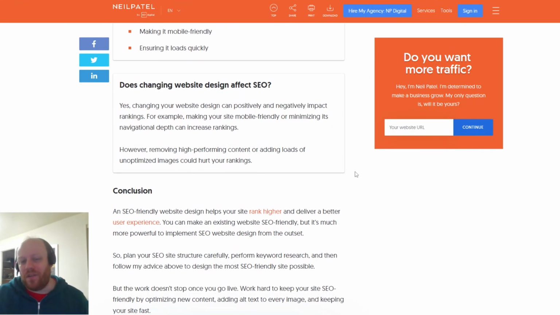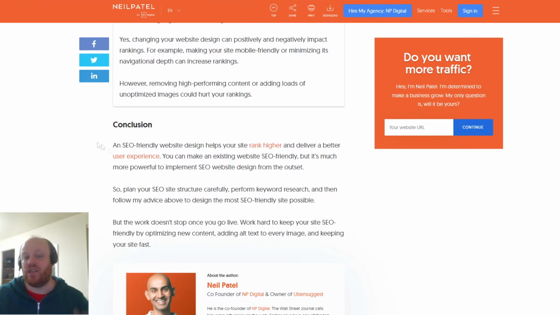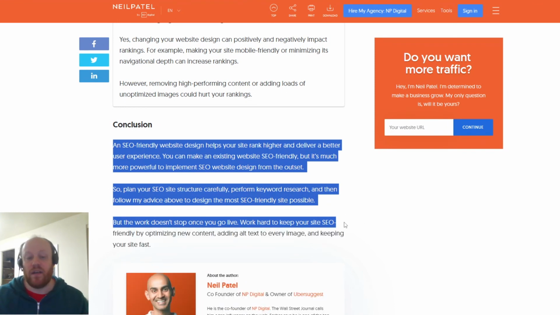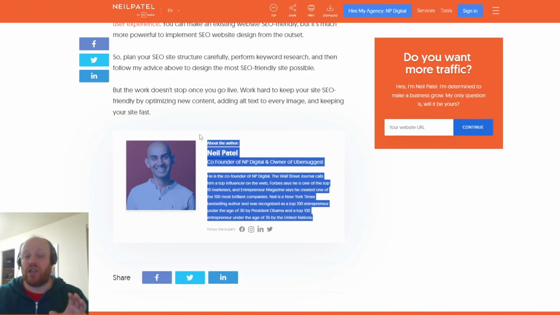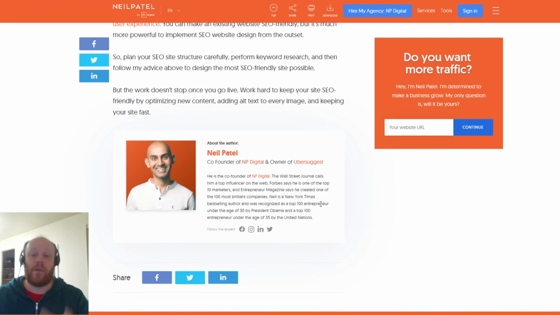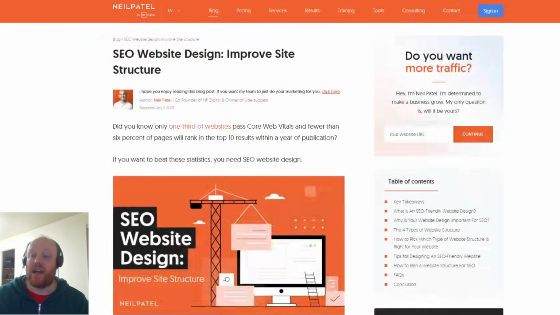But after all of the information, he gives a conclusion just to finish off the blog. And at the end, you've got an author box with a little bit more information than his initial author box. Now, I didn't go into that at the beginning, but he's got an author box at the beginning who basically says,